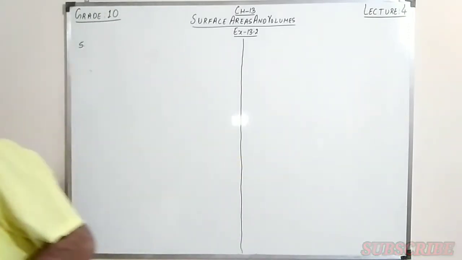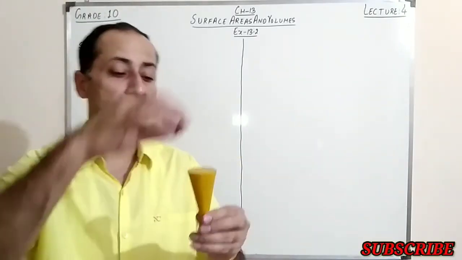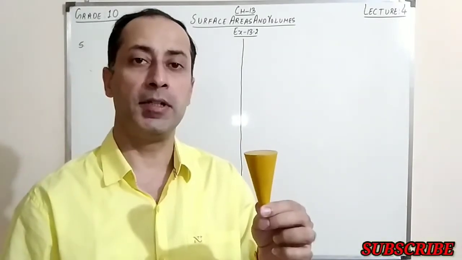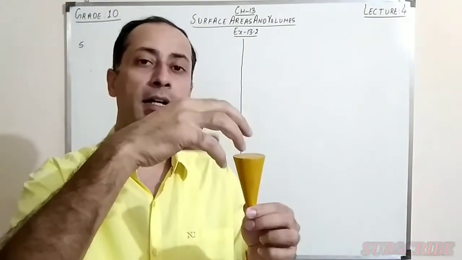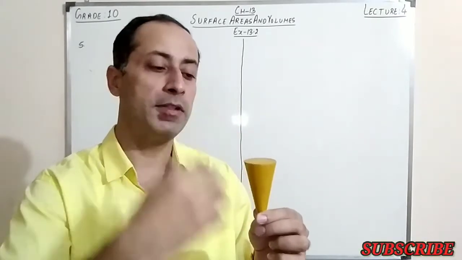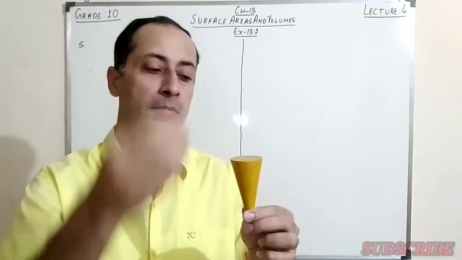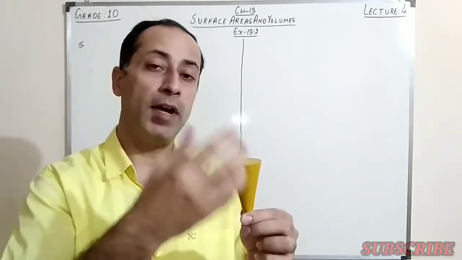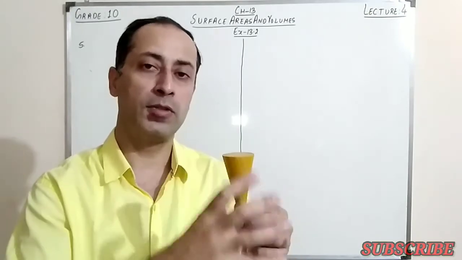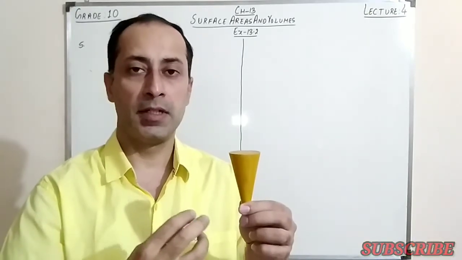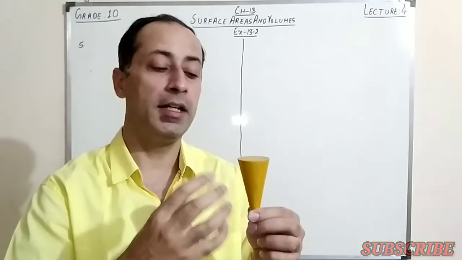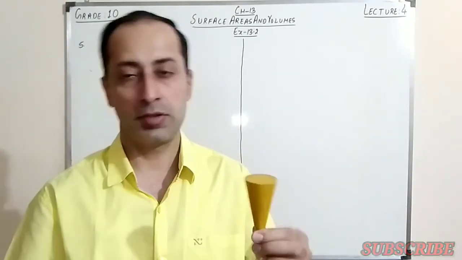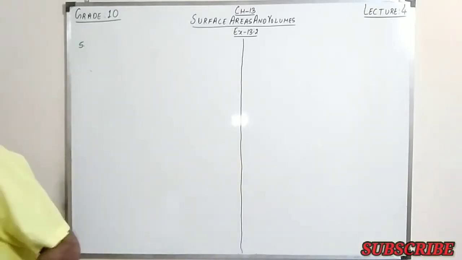So what they have done basically is that the lead shots are dropped inside this. When you drop the lead shots, obviously the lead shots will take the place of the water and the water will start coming out. As we pour the lead shots, it is said that 1/4 of the volume of this cone, the water, comes out. We have to find the number of lead shots put inside this cone. Right, let's see the solution on the board now.